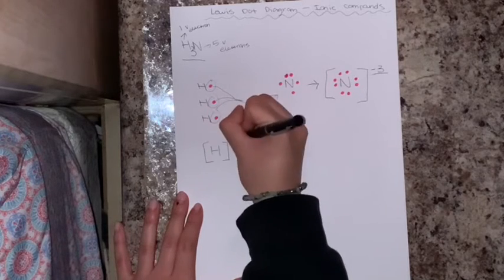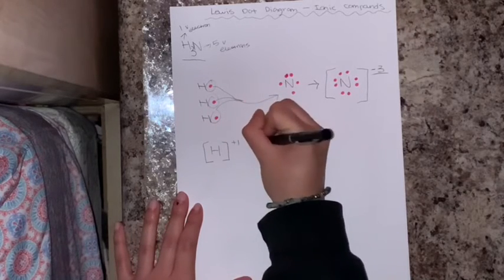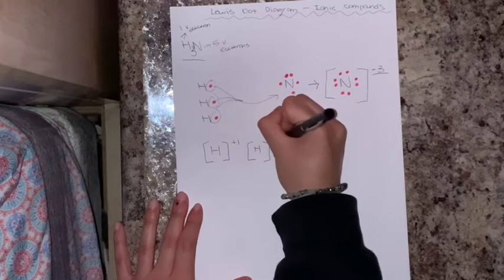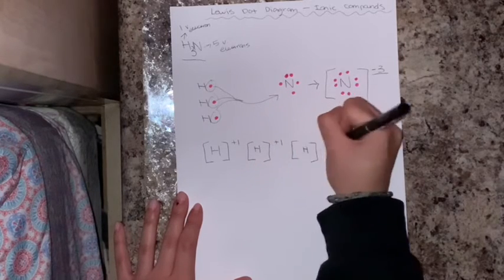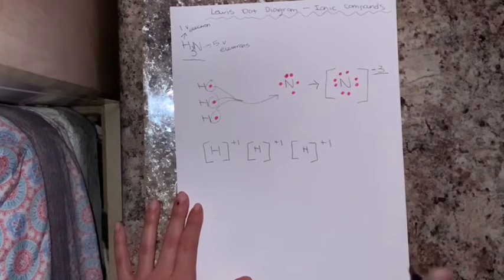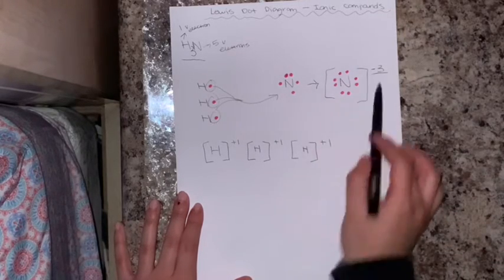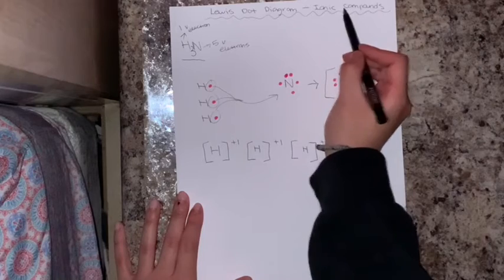So these 3 hydrogen atoms are going to have a positive charge of 1. And so now we're going to combine these diagrams,